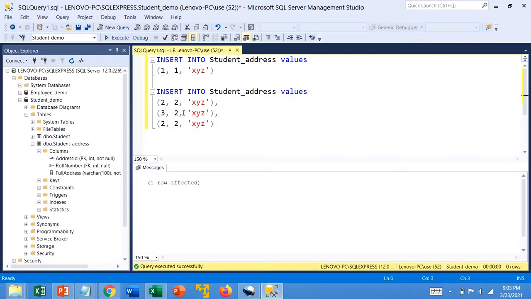Let's give address ID 3 and roll number also 3. Address ID 4 and roll number 4. And now we will execute this query. As we can see, 3 rows affected. So we have inserted 3 records in student address table.